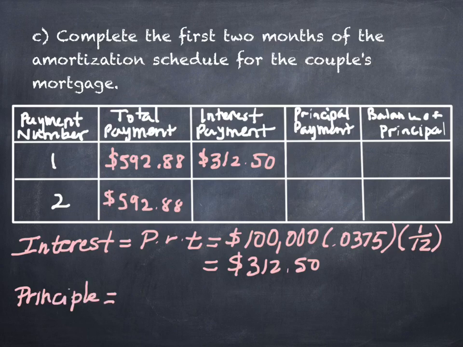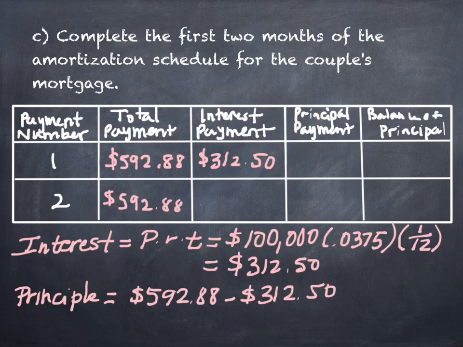Okay. So our principal payment is found by taking the total payment, how much money we actually are going to pay to live here, and subtracting off the money that just disappears. Because for all intents and purposes, for us as the consumer, that's exactly what happens to interest. When we pay it, it goes away, right? It just went away. It didn't pay for anything except for the fact that we owed money to somebody and they allowed us to borrow it. Okay, so $312.50 disappears, but the amount of money right here is the actual amount that went towards my mortgage.